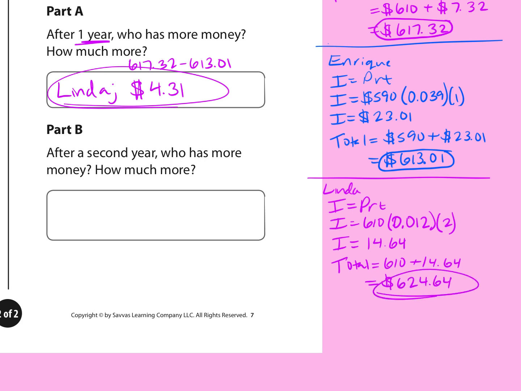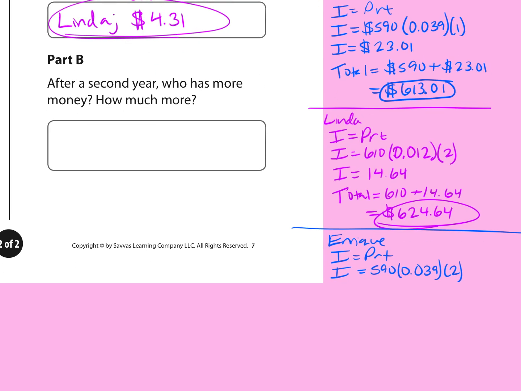to get $624.64. And we're going to repeat the process one last time for Enrique. This is for 2 years for Enrique. I equal PRT. And we have 590 times 0.039, and this time times 2 years. And we see that his interest is $46.02. So the total, which is 590 plus $46.02,